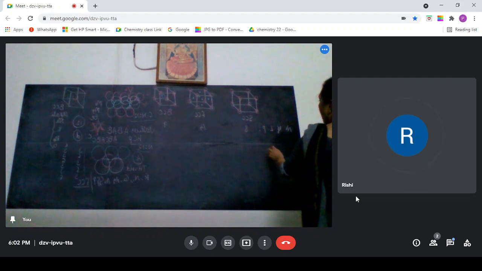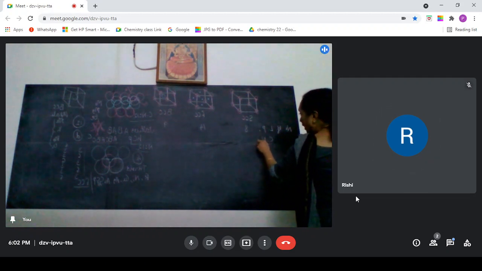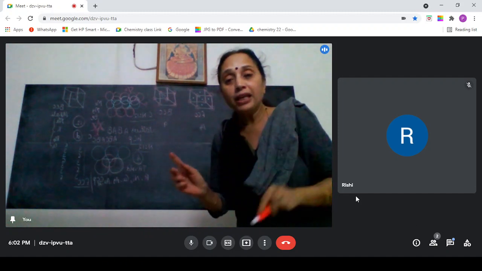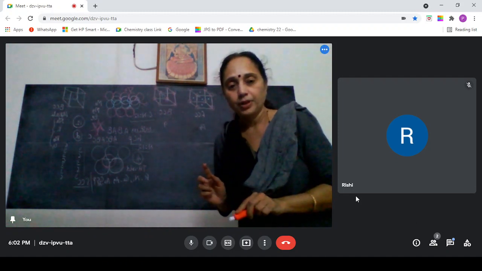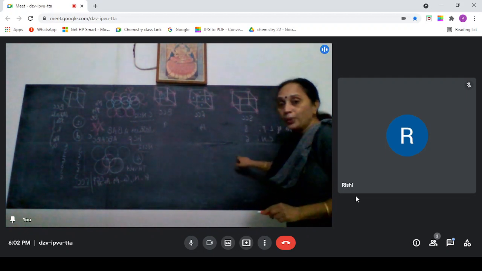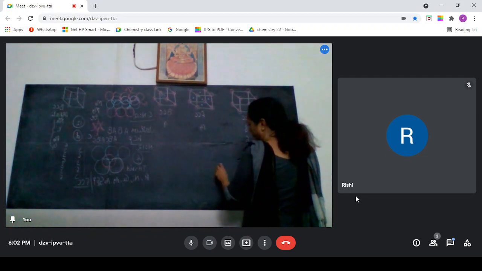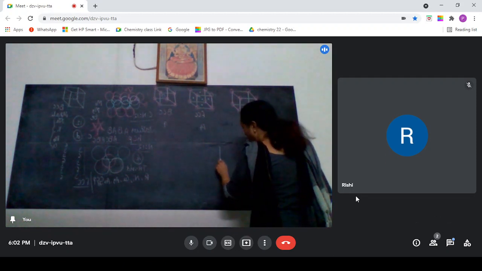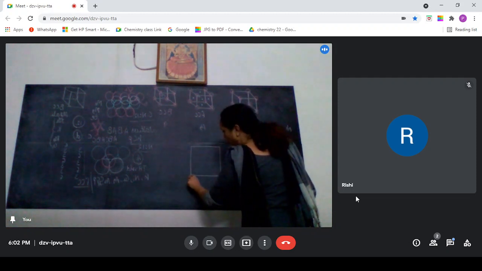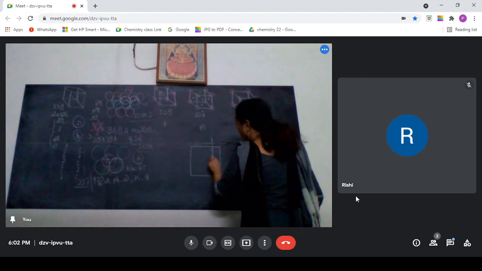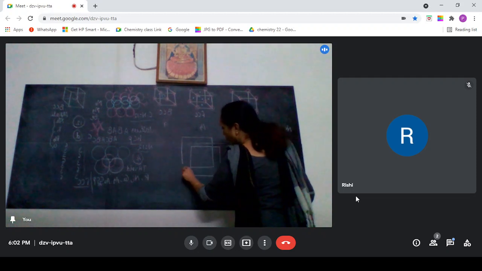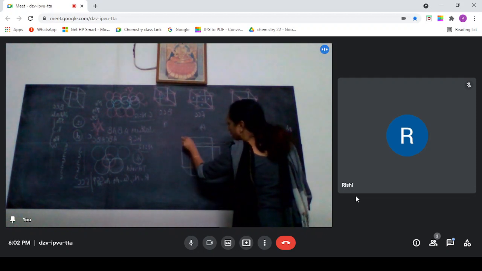Yes, ma'am. Now, if I say coordination number, it means number of nearest neighbors, closest neighbors. For simple cube, it is 6. I will show you how it is 6. This is what you have to learn. All these things no book gives properly. So when I teach, learn it properly.